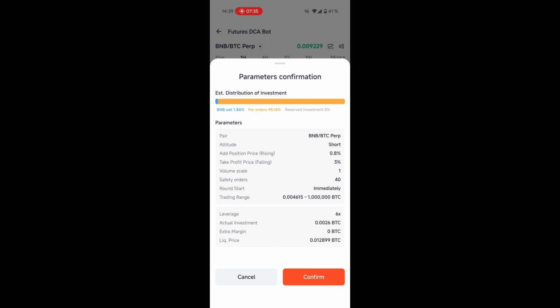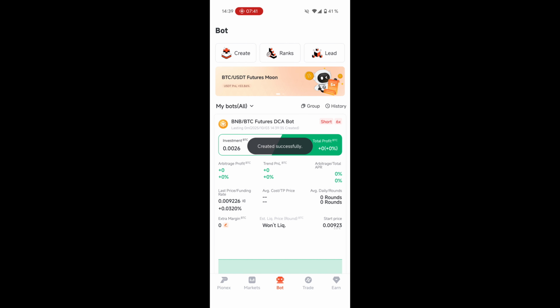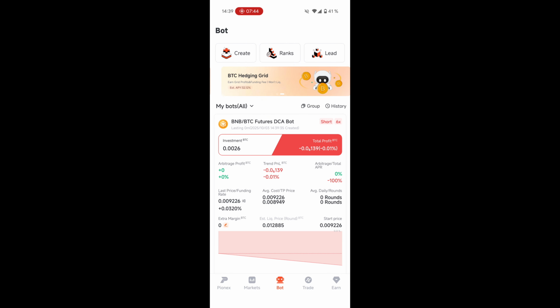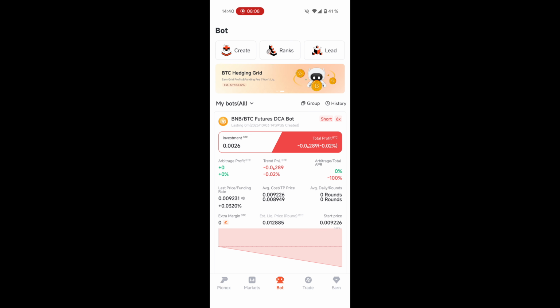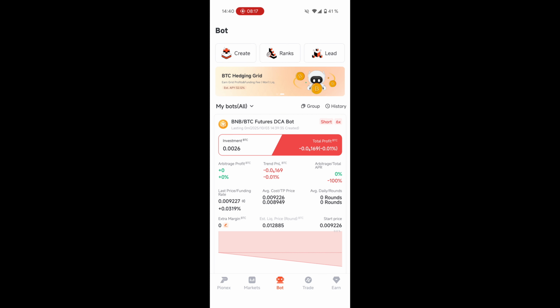So why am I actually interested in this bot? The main thing is the funding rate. It currently has a funding rate of 0.032%, and it ranges between 0.05 to 0 from what I've seen. Most of the time it's between 0.4 and 0.2. And as we are going short, we are getting paid this funding rate every 8 hours. I could just open a short leverage position on this pair, but I don't know how much further Binance will be pumping. That's why I'm feeling way more comfortable with holding this DCA bot.